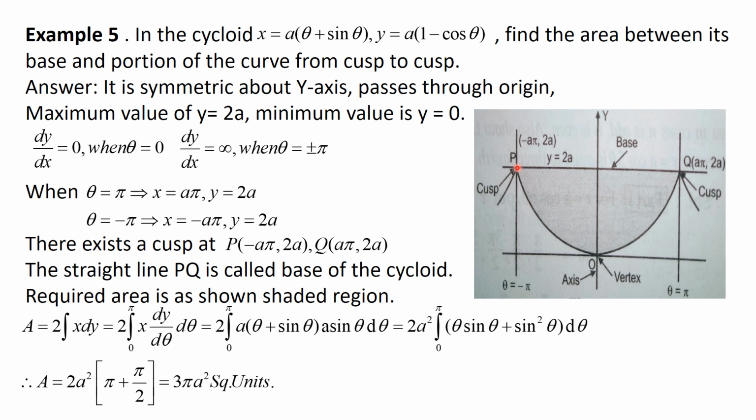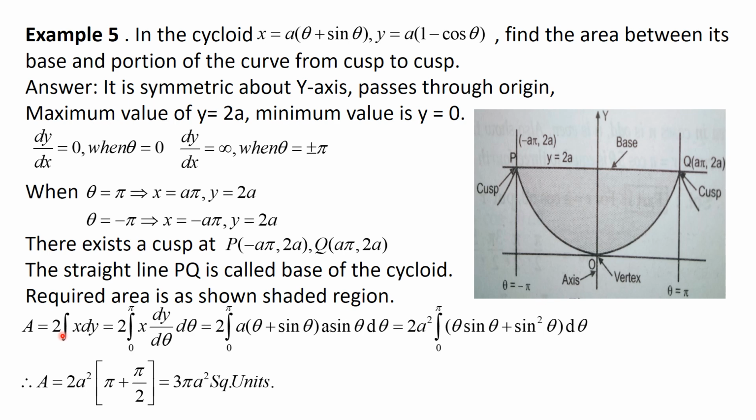And hence the next curve is at the point P. So PQ is nothing but our baseline, and the curve for the cycloid is considered in this form, where P and Q are the points on the curve. So we want to find out the shaded area. For the shaded area, since it is symmetric about the y-axis, even though we are calculating only the right hand side part, the answer we can consider as twice. And so using these values, PQ is the base of the cycloid, and hence the shaded area is 2 times.